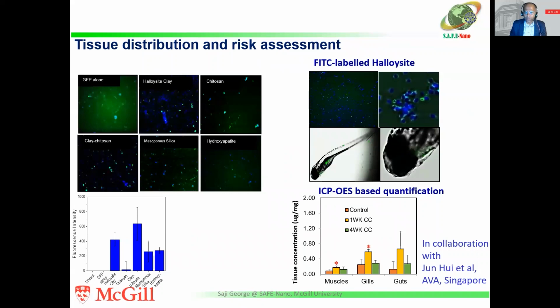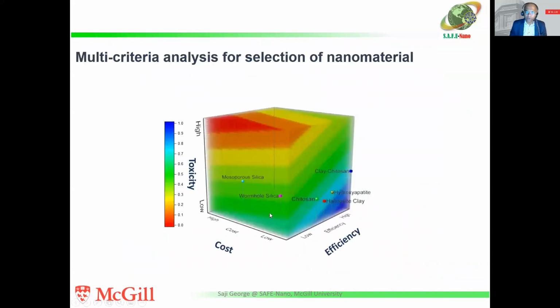And we compared their performance with the toxicity or safety or the cost to identify which is an optimal delivery platform, taking into consideration these elements of sustainability. And obviously, we wanted to choose the one which is in the blue area. So we make sure that it is sustainable, not only in terms of its safety profile, but also in terms of the cost. And we tested that